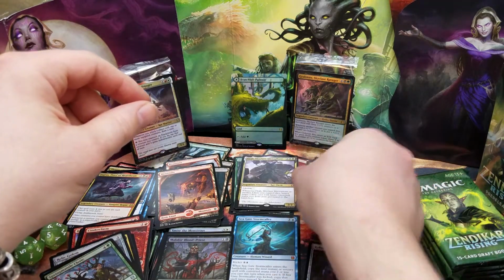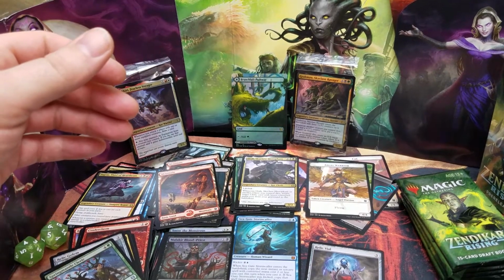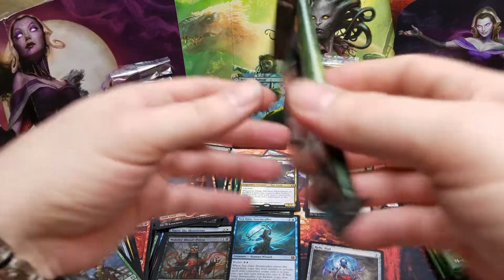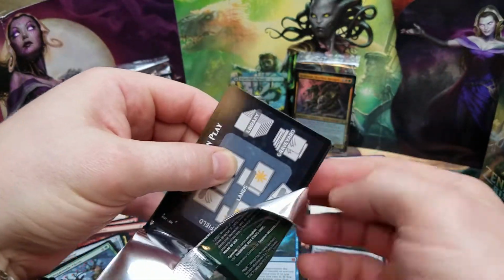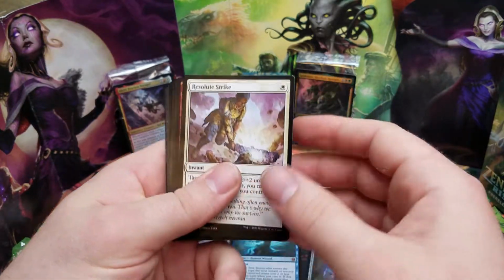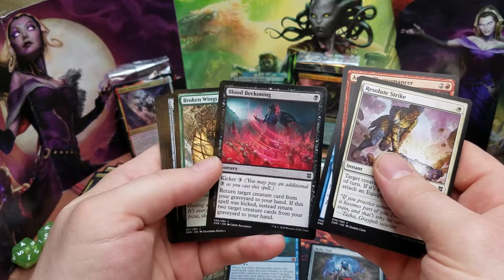I try to do this thing with the lighting where I have a soft light, but then I've also got a more specific spot. It's a ring light, so it's not too harsh. But just to kind of highlight some of the foils, because it can be difficult to get good light on the foils without